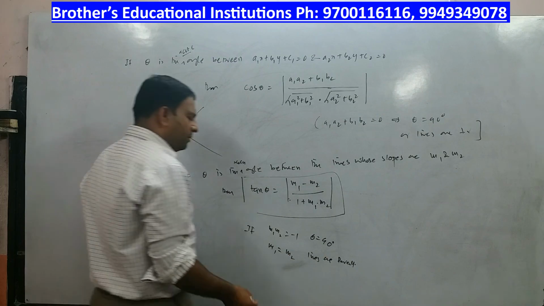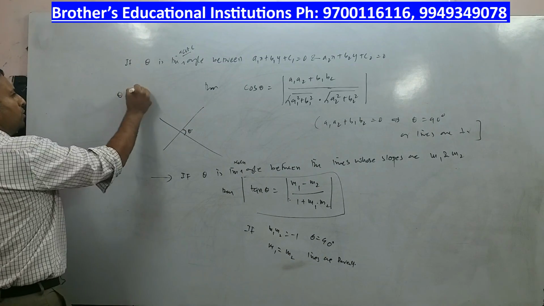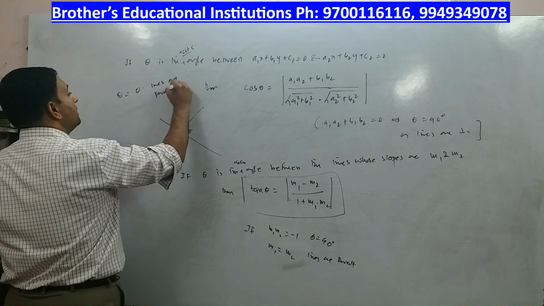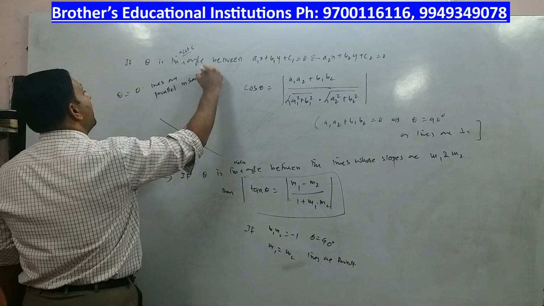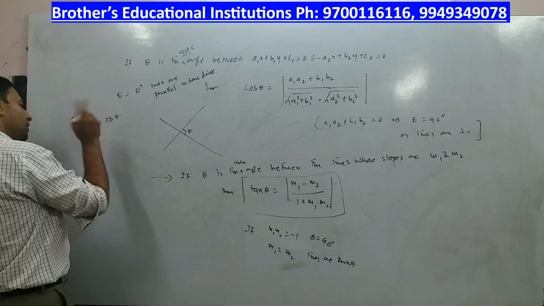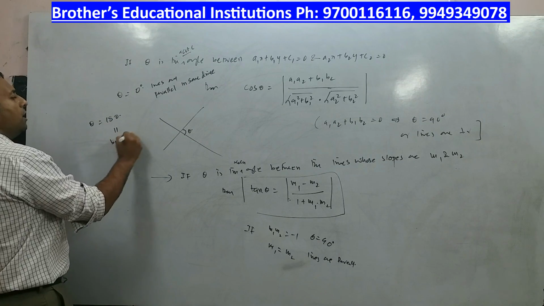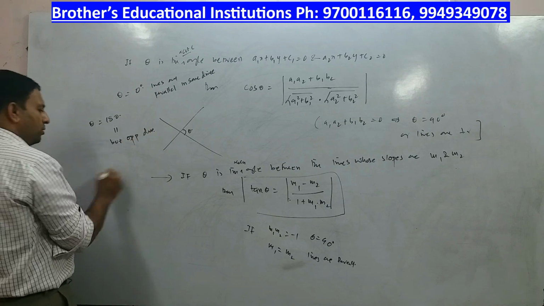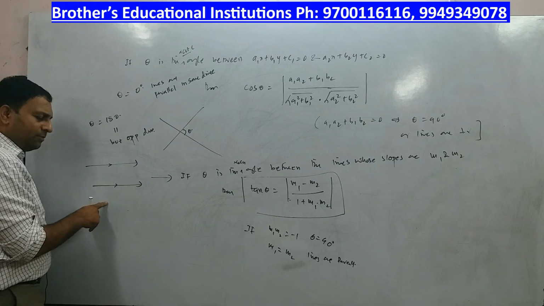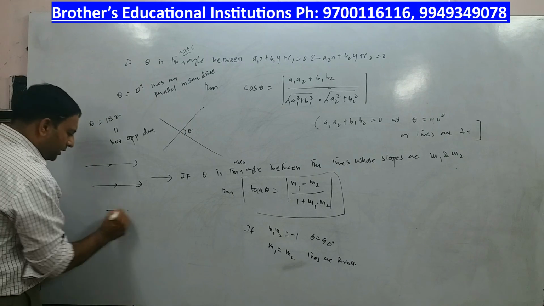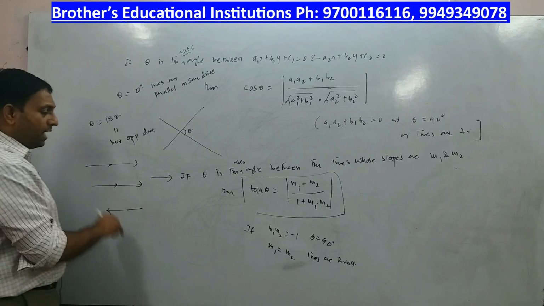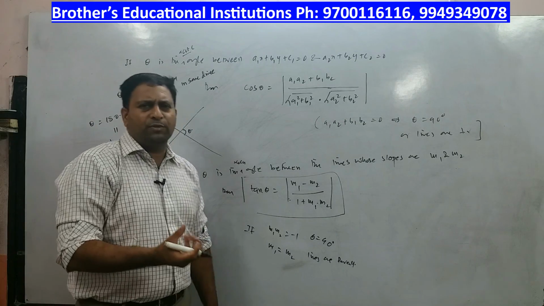Alright. So please always remember, whenever theta is equal to 0, lines are parallel in the same direction. And if theta is equal to 180 degrees, you will say lines are parallel but in opposite direction. Please try to remember, there is a line here, both of them are in the same direction. Angle between them is theta, which is equal to 0. There is another line here, now the angle between them is 180 degrees, but they are parallel, right? But they are in opposite direction. So this is a concept you need to understand.